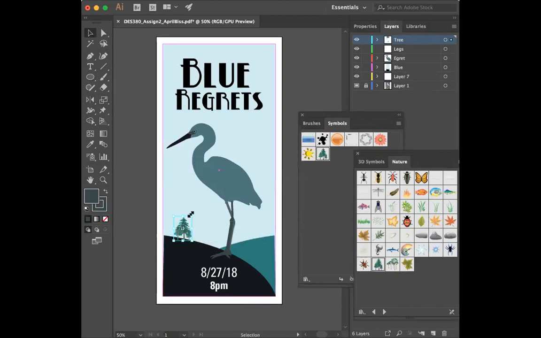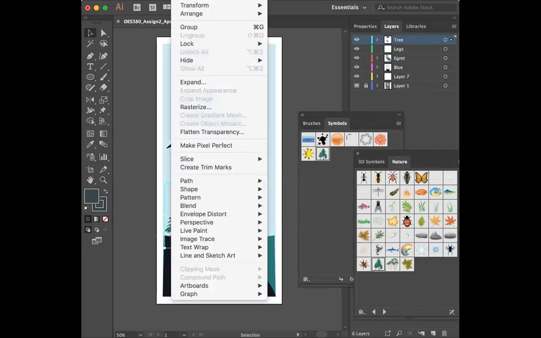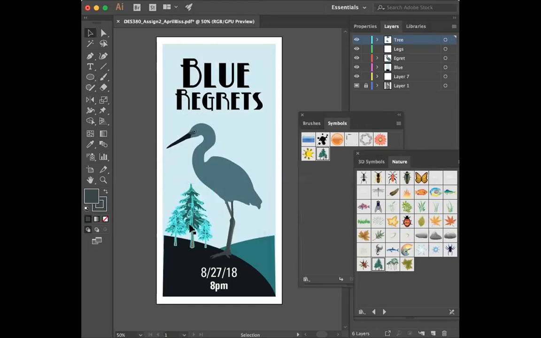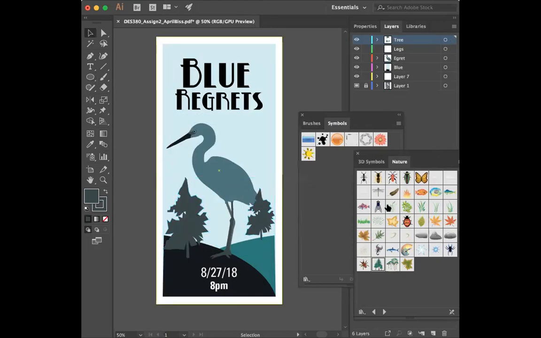If I wanted to do these trees, the only bad thing about these is that if you ever want to undo this, you need to expand. And as far as the color goes, oh, actually, let me go back. I'm not going to take that one. I'm going to take,